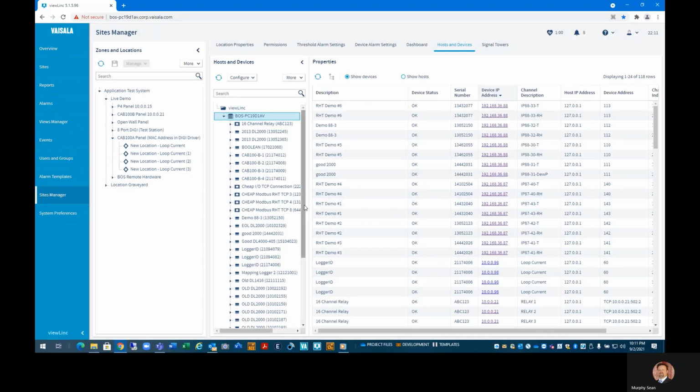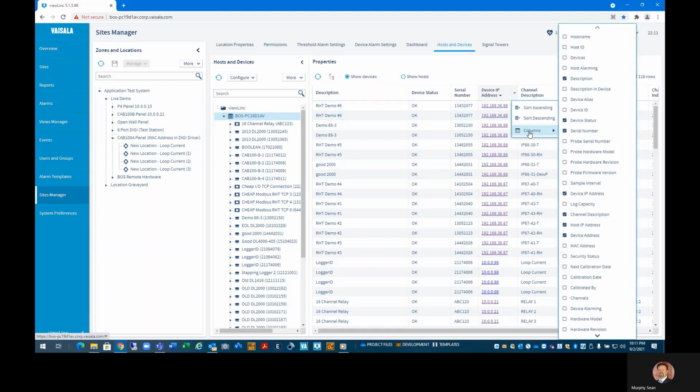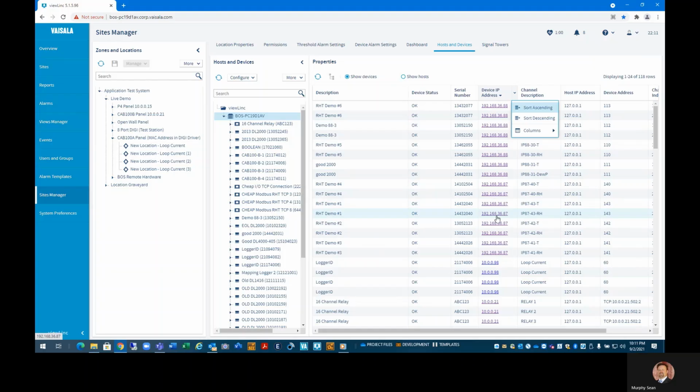Okay, the next thing after it's done its scan, it will pop up a message saying the discovery is complete. Click refresh and it'll update everything. And with viewLinc 5.1, if you're highlighting your server and you go to hosts and devices and click on show devices, this will show all the devices that are connected. And one of the things it'll show is device IP address. So we already know that this was a